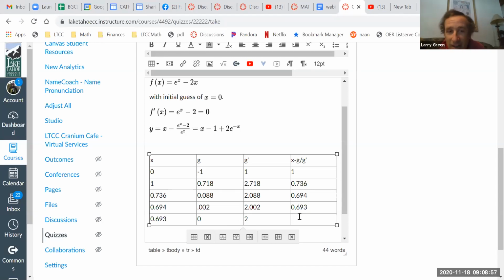So if you plug in and you get 0, that means you found the root to 3 decimal places. So the answer is the critical point occurs at x equals 0.693. Any questions on getting this table to work? Any questions on it? Okay, it's a little busy work, but Newton's method is, and again, in the real world,